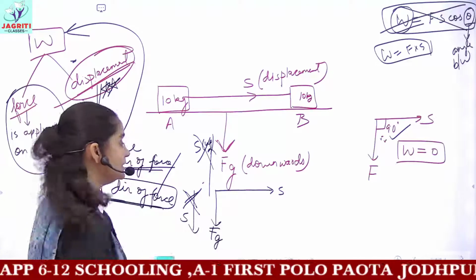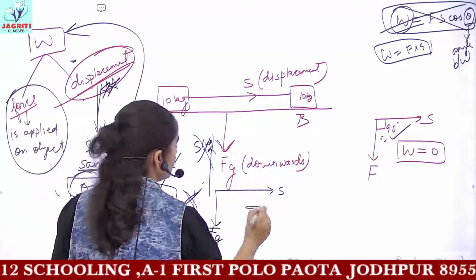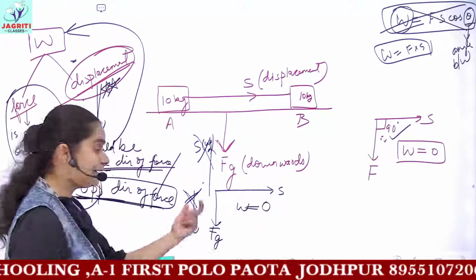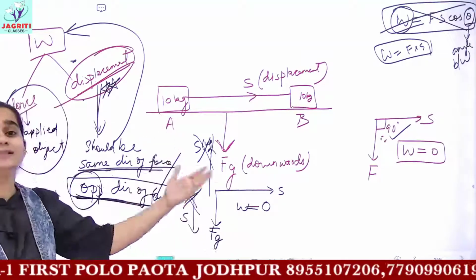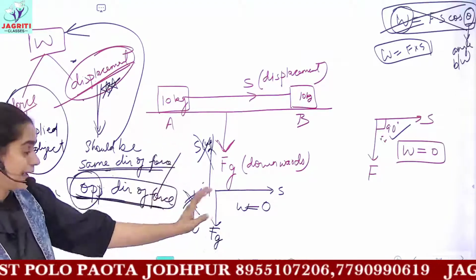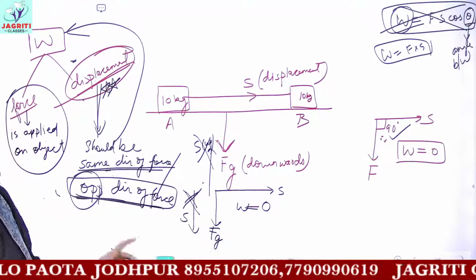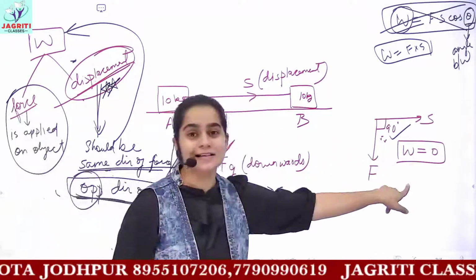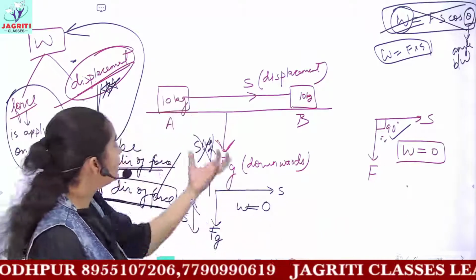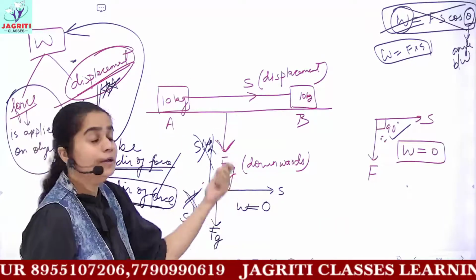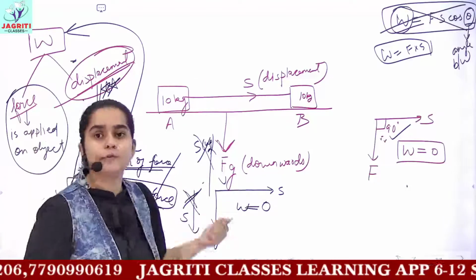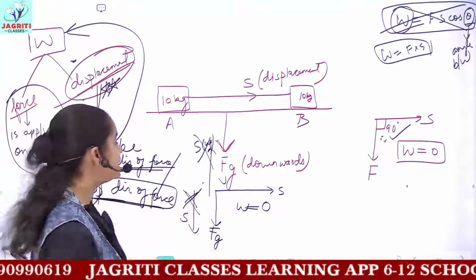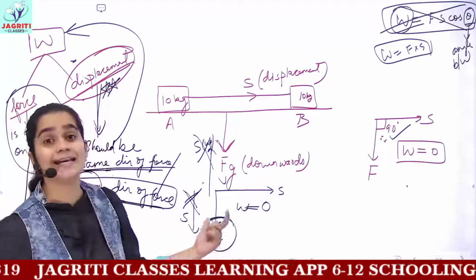So that means here the work would be 0, because the direction of displacement is neither the same nor opposite. So hence the work is 0. Okay, but the more appropriate concept is this one. That is, gravity is pulling the object downwards, but this gravity force is not doing any work because the object is not moving down. So we say that work done by gravity is 0.